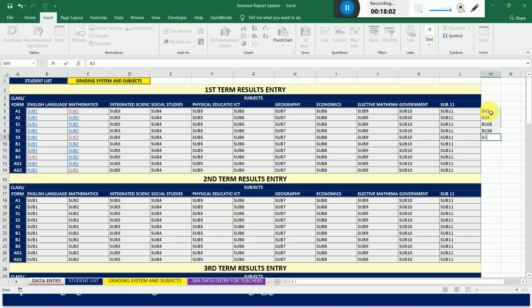B156, B207, B258, B309, B359, B411, B462,